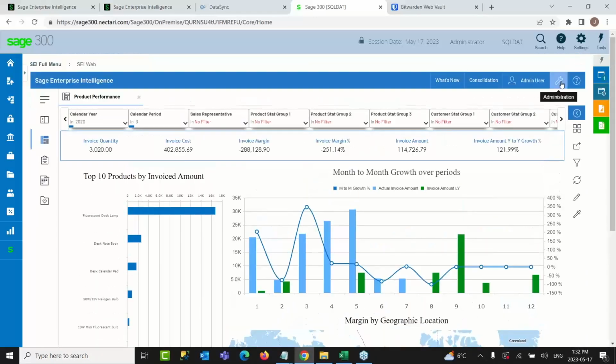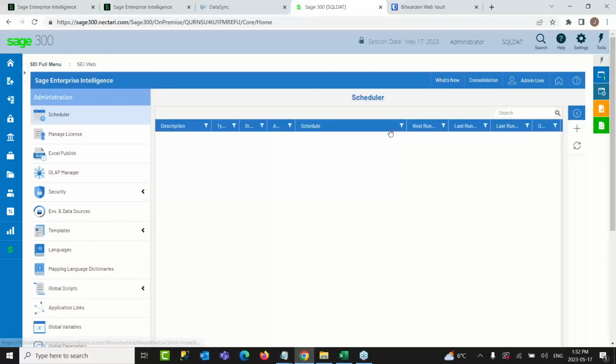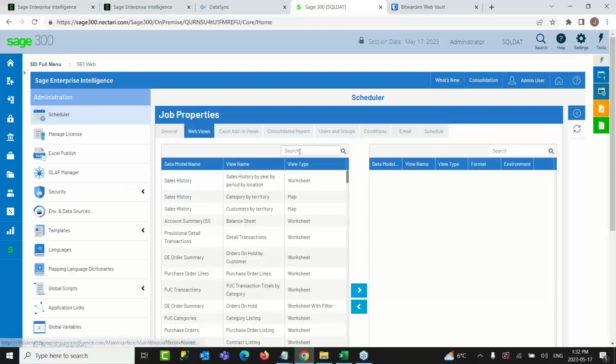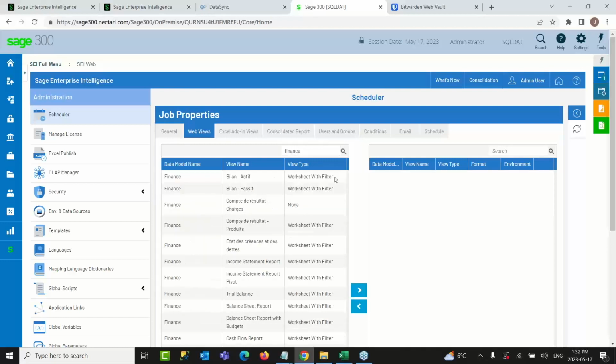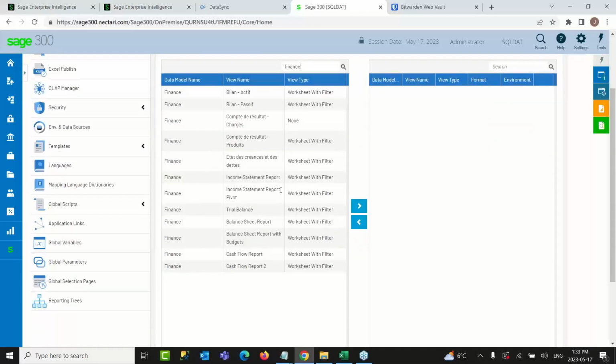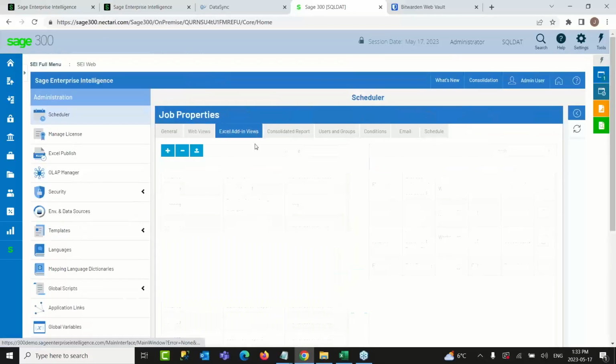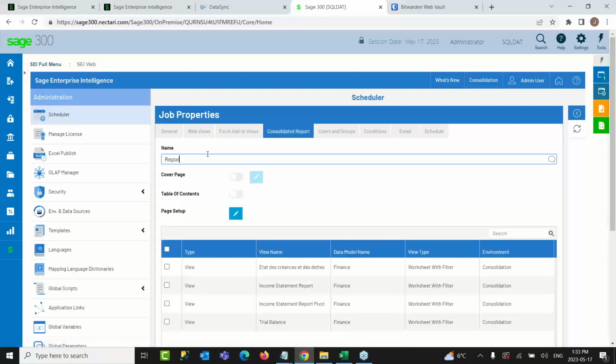What's also interesting is the distribution module, which offers some advanced functionalities when it comes to sharing our reports in the form of reporting packs. So in the web views section right here, we can really select what different reports we would like to include in our reporting packs. So if I want to create a finance reporting pack, I can filter on finance and see the list of different reports and visualizations which are available for me within SCI. If there are any reports sitting in Excel, we can also bring them in and include them in the reporting pack too. And finally, giving it a name,